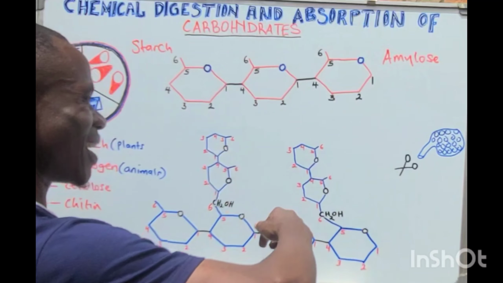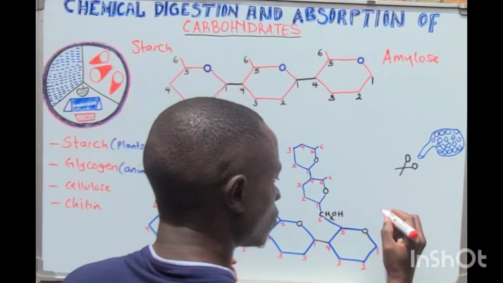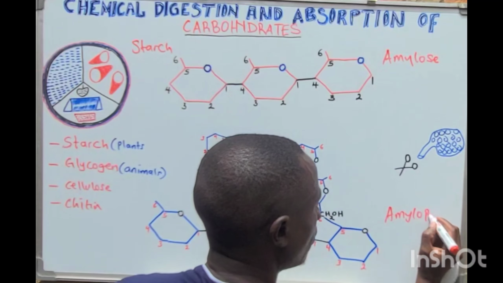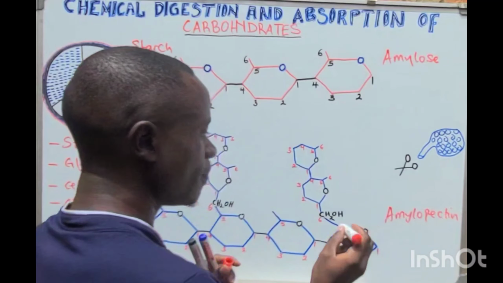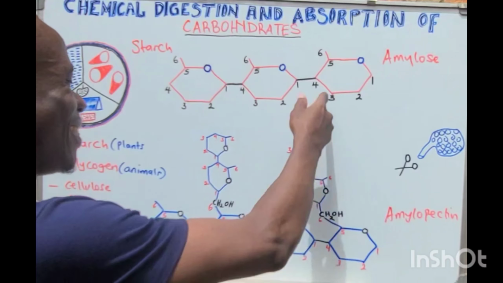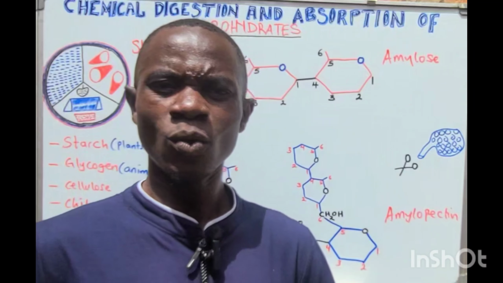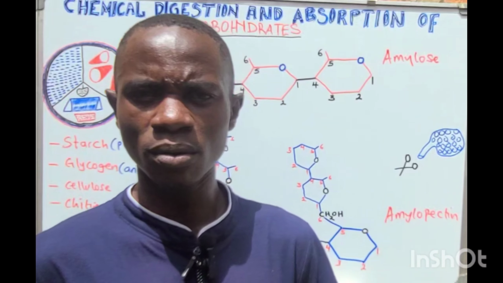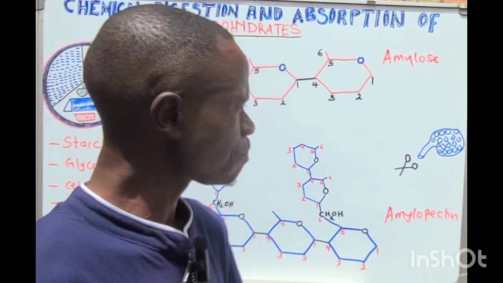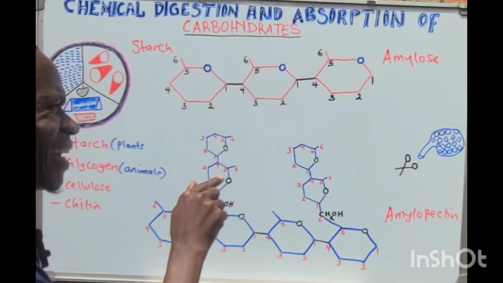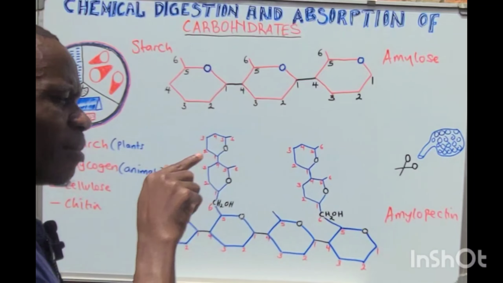This kind of polysaccharide, part of the starch, is what we call amylopectin. Okay, amylopectin. These are the most commonly digestible kind of starch, which are going to be a component of what we call the carbohydrates. Okay, I won't take too much time, and we enter into amylose and amylopectin,